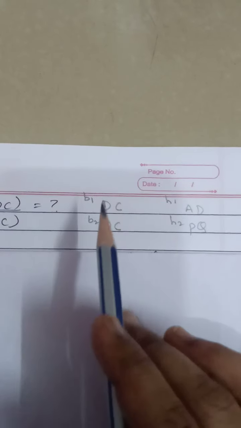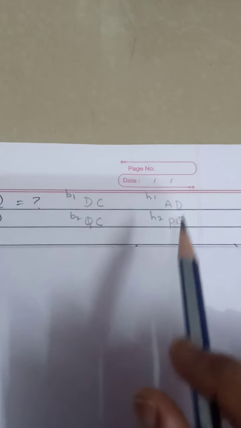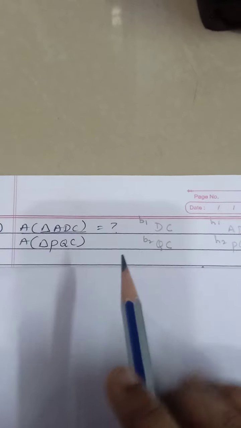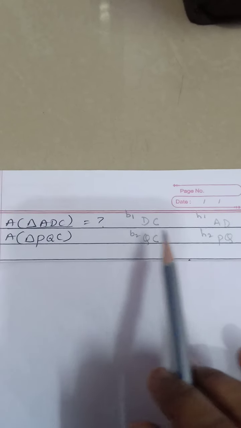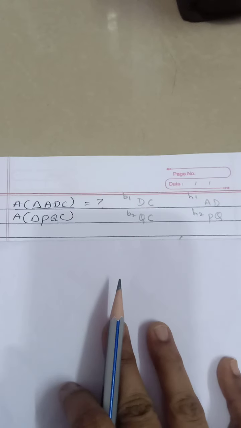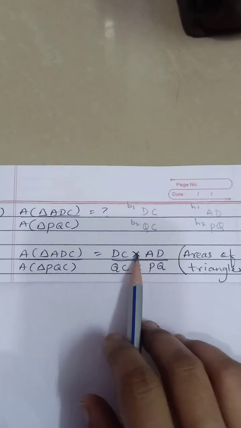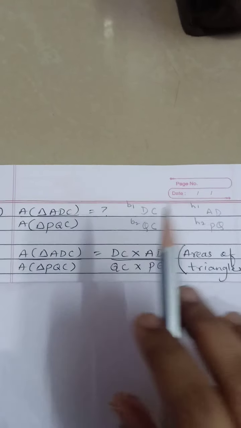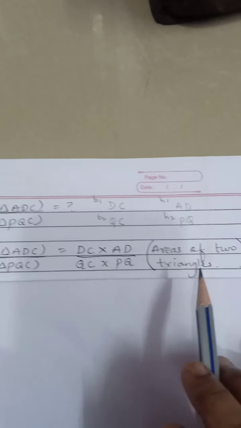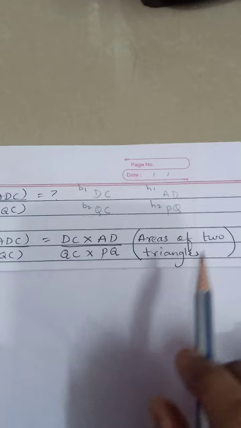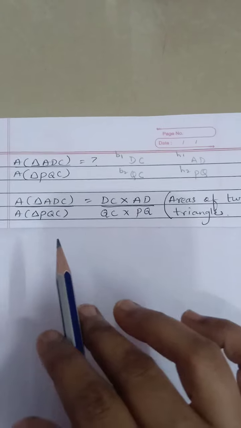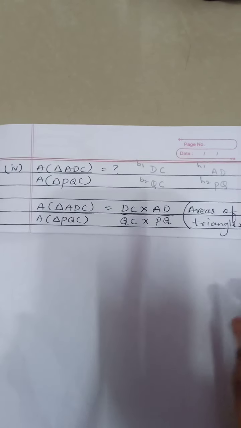So now if we compare, bases are different and heights are also different. So if the bases and heights are not common, then the ratio of the area is equal to the ratio of the product of their base and corresponding height. This is the first property. So here we have just multiplied the base and height. Here also base and height. So whenever we are taking the multiplication of base and height, we are writing only areas of two triangles. So in this way we have completed our fourth sub question and practice set 1.1 also completed. So hope you have understood it.